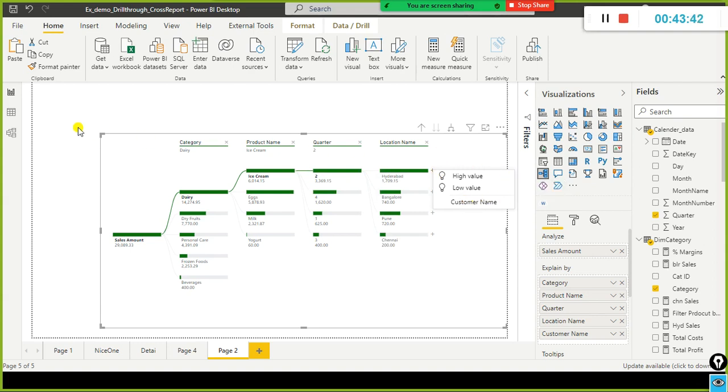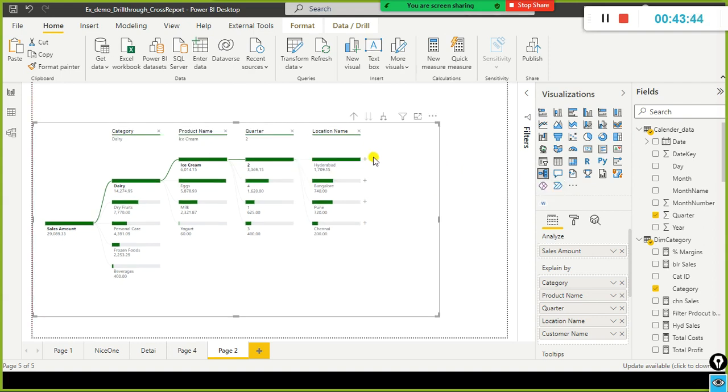If you want to see the customer name, you can see it here. Right, you can see it this way. So in the hierarchy level you can see it.